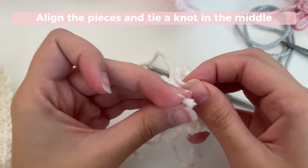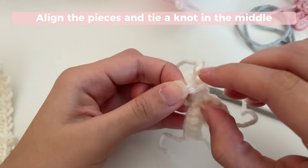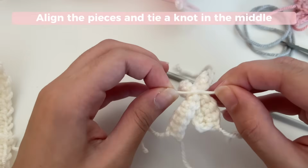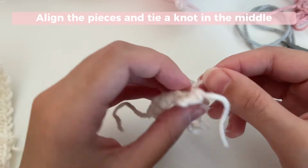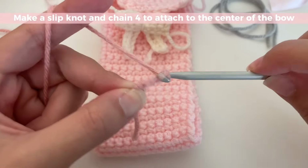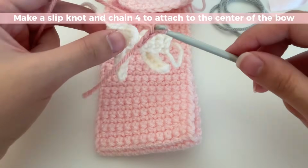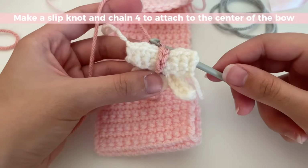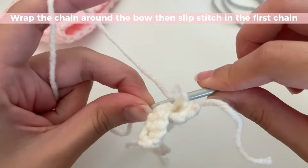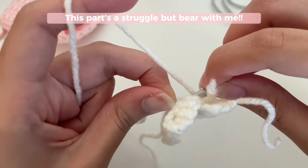What I'm doing here is making things even easier for myself and tying a knot at the back too and making it even tighter so that when I make the other piece I don't have to work so much on holding everything in place. You're going to make a slip knot and then you're going to chain a really small piece of chain just to make sure everything stays nice and tight, and then you're going to wrap this in the center. I'm holding it this way and I am pushing my hook